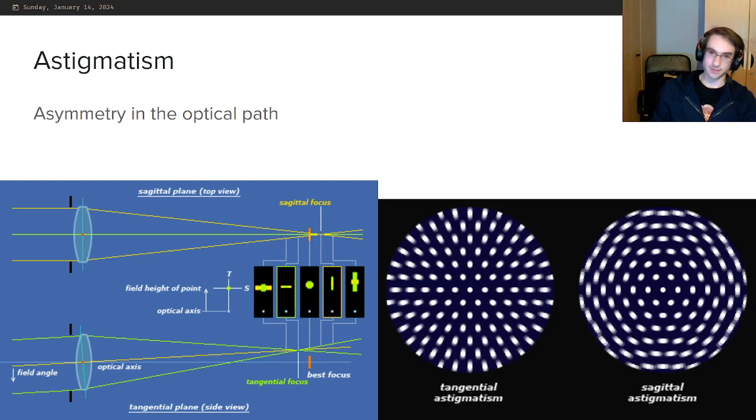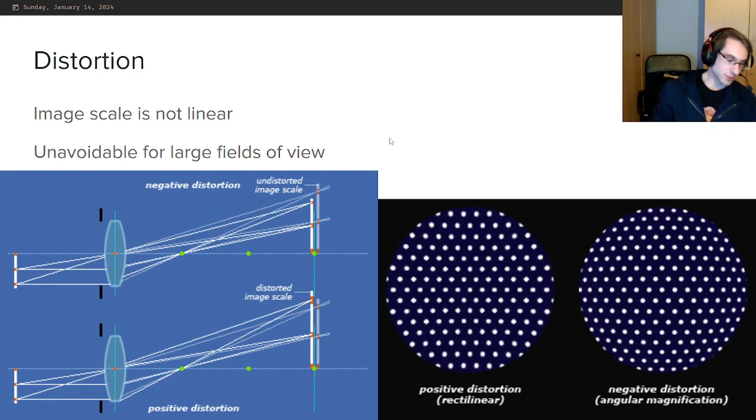Like in physics, we like to break things down into each individual component and talk about the component specifically to understand what's happening for each individual part. But the end result of what you see of any given optic, that's going to be a sum of all of these. And then you just have to figure out which aberrations are the most severe and causing the most harm to your image. So that's astigmatism. And then lastly, we have distortion,